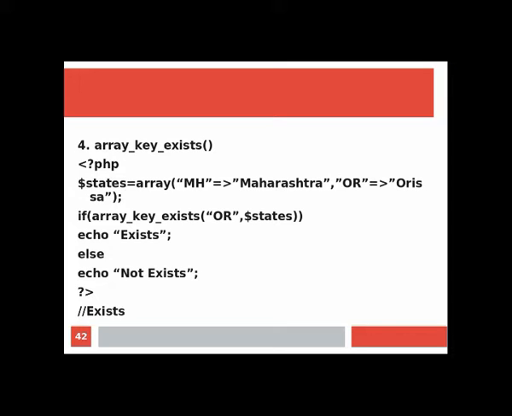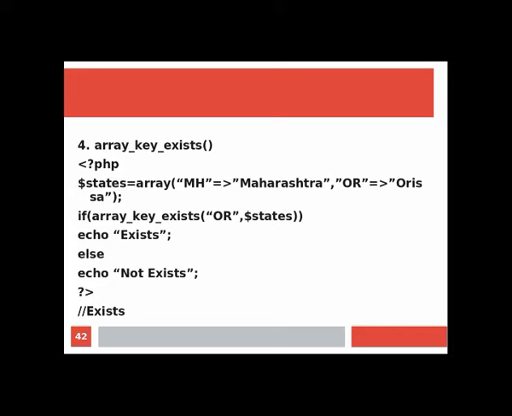Array key exists in PHP: $states = array("mh" => "Maharashtra", "or" => "Orissa"); Here next sentence, if (array_key_exists("or", $states)) echo "exists"; else echo "not exist";